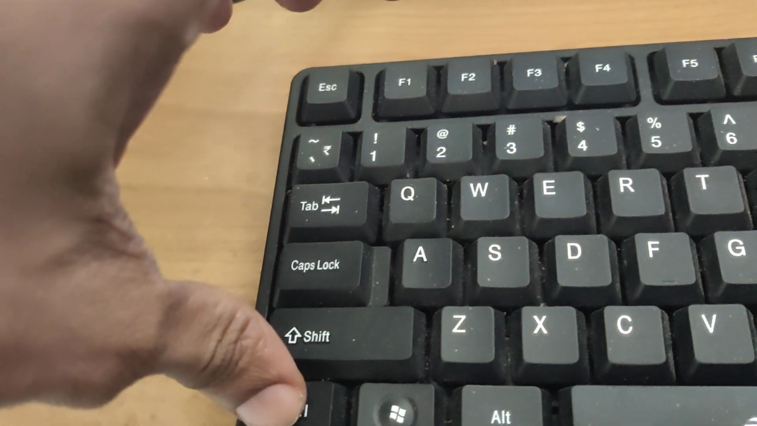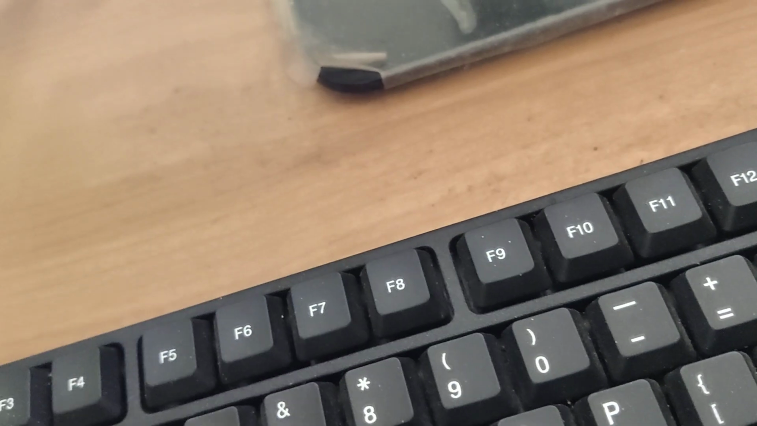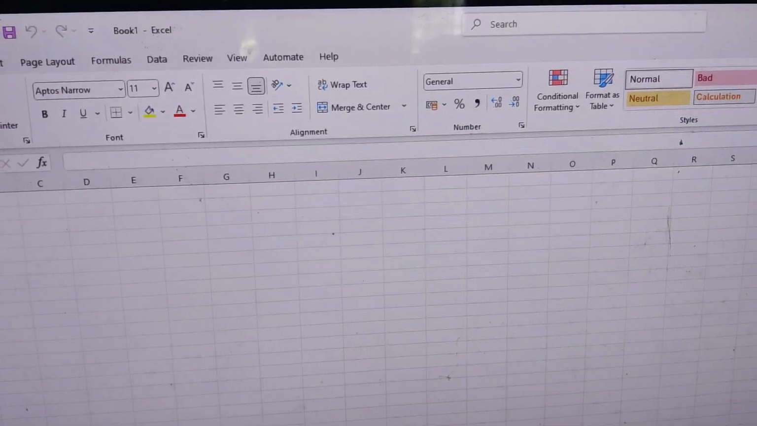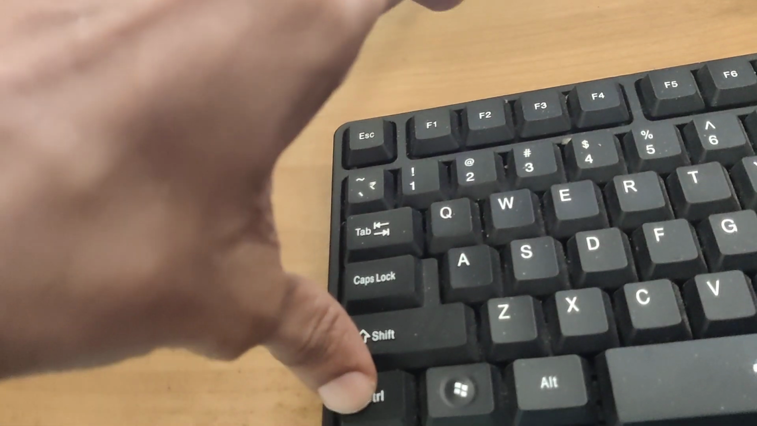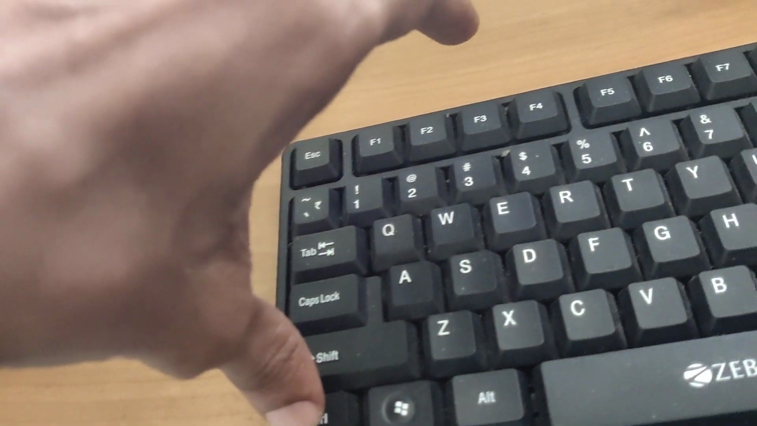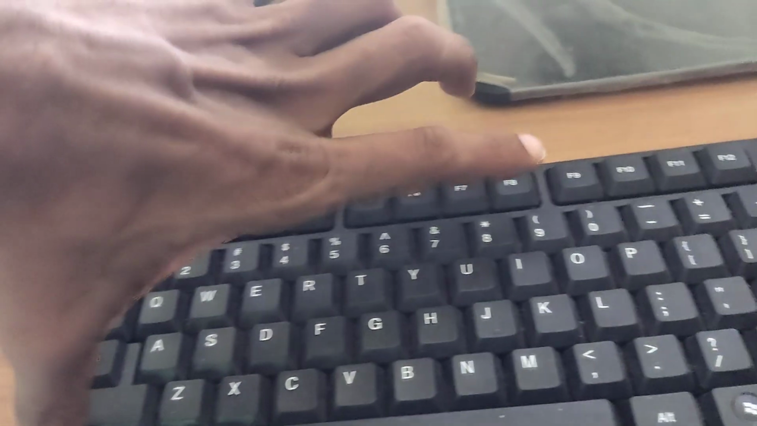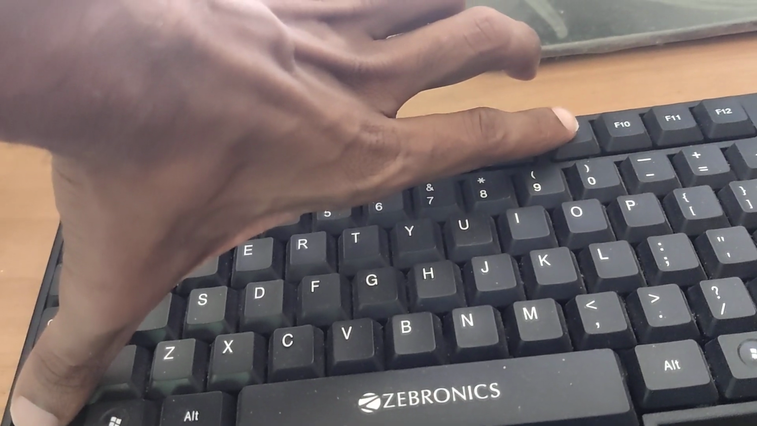So remember, one of your fingers is on the Control key, and at the same time you must press the F9 key. And now I am on a Microsoft Excel page, and you can check what Control plus F9 does. You press and hold the Control key, and at the same time you must press this F9 key. If you press these two keys at the same time, then you can see that